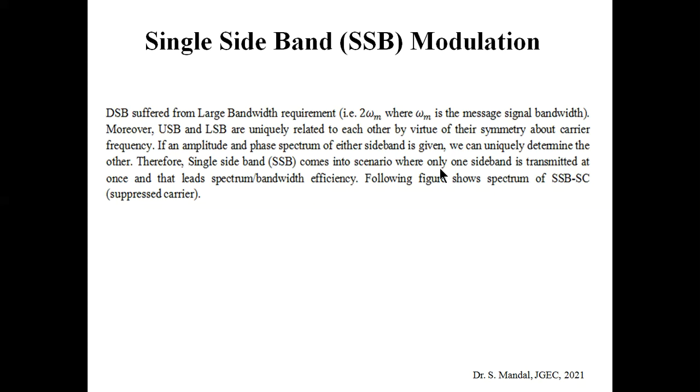If we observe the spectrum of DSB, there are two sidebands, one is USB and another is LSB. USB contains the higher frequency component of the spectrum, and LSB contains the lower frequency component. But it is interesting to note that the total power of the sideband is equally divided into the USB and LSB, and they are symmetric with each other with respect to the carrier frequency. Moreover, either USB or LSB contains the total information of the message signal.